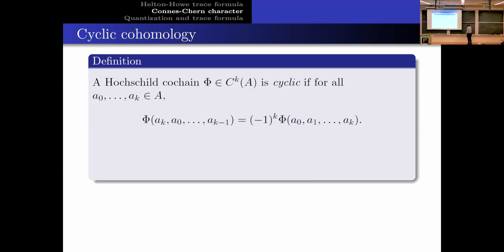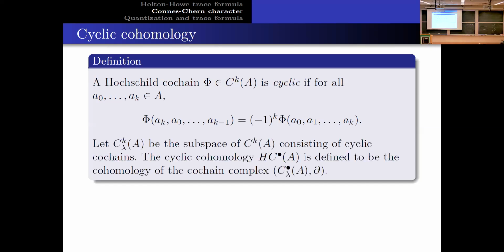So this is the permutation property. Now we generalize it, and then we have this kind of cyclic permutation property. It's not a long computation to check that such a subspace of co-chains satisfying this cyclic permutation property is still invariant under the differential we just had. So the cohomology of this complex, historically using the C lambda complex, is the cyclic cohomology